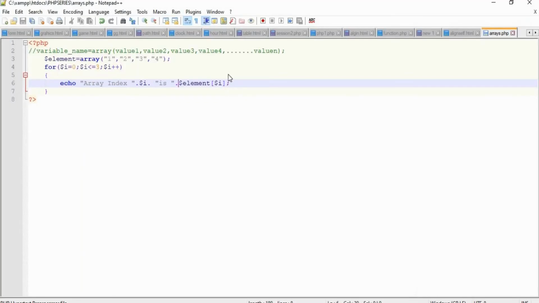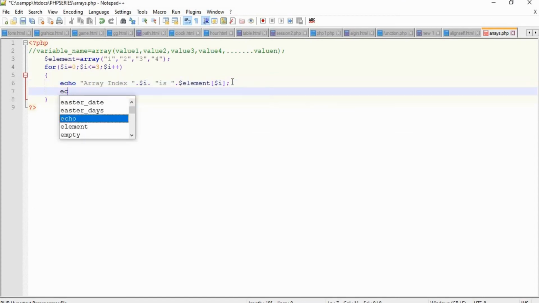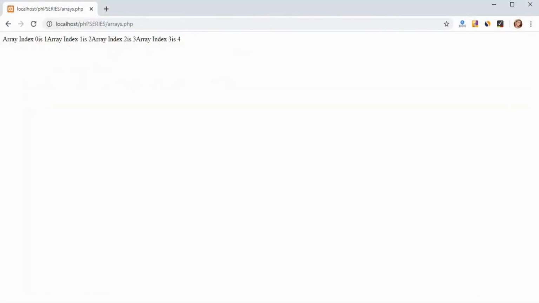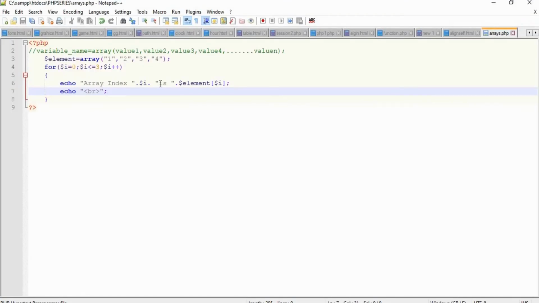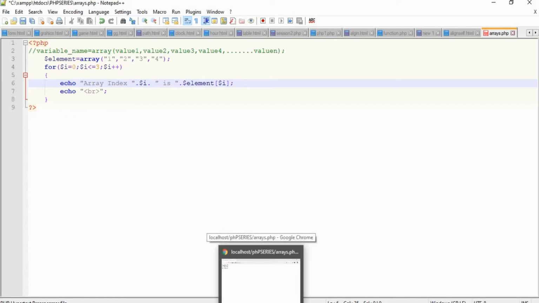So if you want to add a break statement between the array index values, we can add it, right? So array index 0 is 1, 1 is 2, similarly it is coming, right? So in this way you can print or access the value of an array, right?